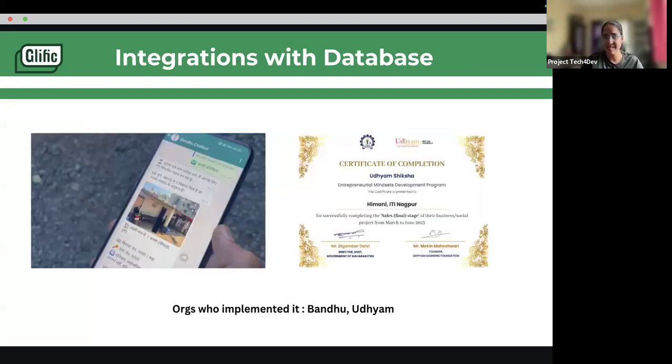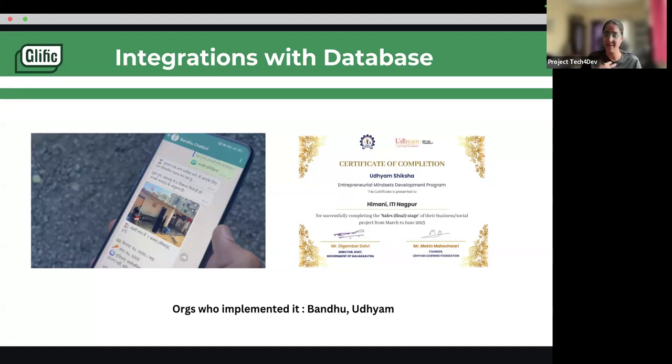To start with, we are going to talk about one integration, which is integration with different databases. Here I'm going to take examples of two organizations, Bandhu and Udyam. Bandhu is an organization which gives affordable housing options to people who are migrating from other places.